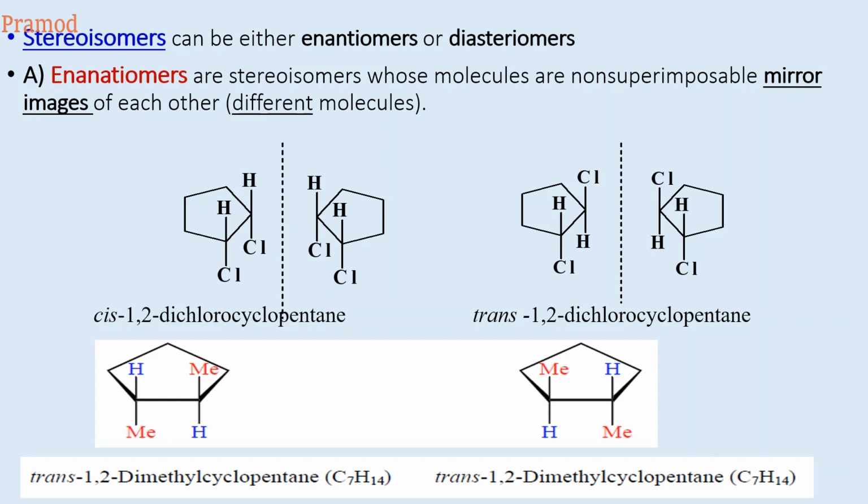Whereas if you take a cis and a trans isomer, they are not mirror images. They are completely different, so they are examples of diastereomers. We studied this earlier when learning diastereomers. A cis cyclic isomer and a trans isomer are not mirror images of each other. In case of 1,2-dichloropropane, the two isomers will be non-superimposable on the mirror image, so they are enantiomers.